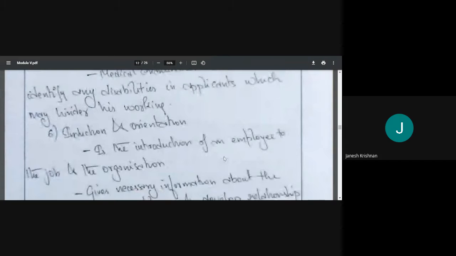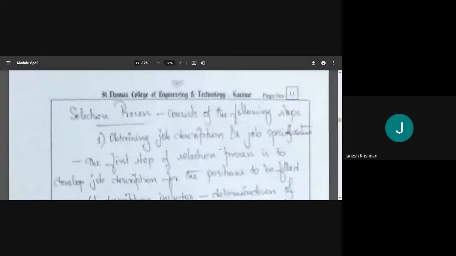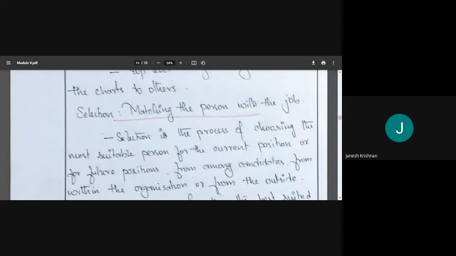So if a question comes, write a note on matching the persons with the job. What are the steps? The first step is job analysis. So we need to study the job itself, identify what the requirements of the job are and what the factors influencing the requirements are. After that, it has been identified. We need to look into